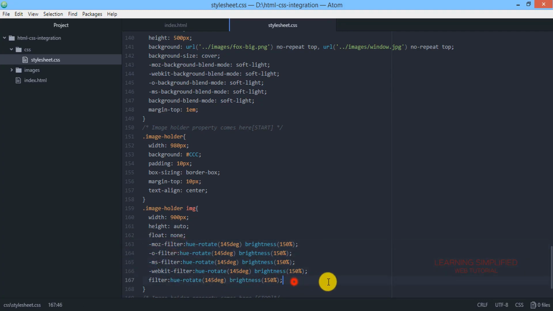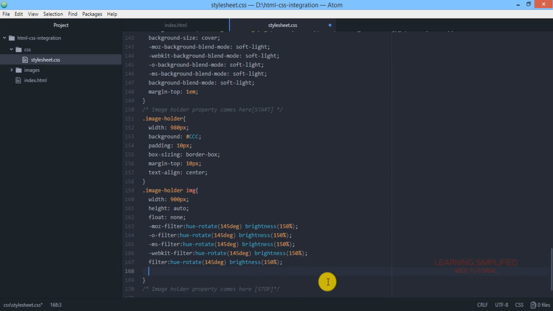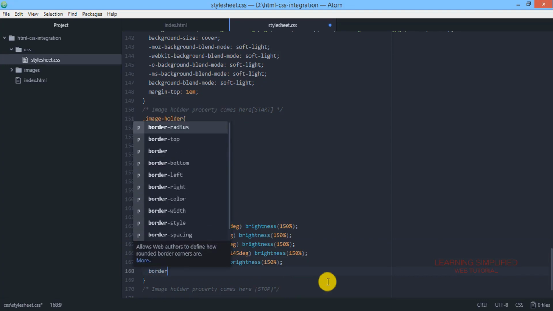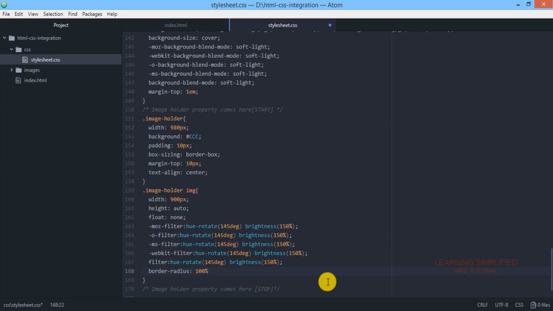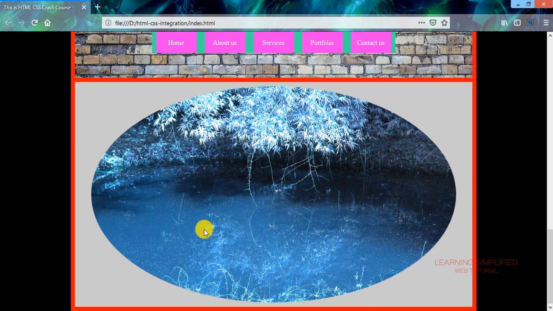In the last case, if we want to make our image elliptical, then the last thing that we need to provide is this particular border radius. If we put here a border radius value of 100%, get back to our project and reload, we can see that the border radius is now 100%, making the image elliptical. This image was rectangular in nature. That is why, when we mention this border radius as 100%, the image becomes elliptical, as the image was rectangular in its original shape.